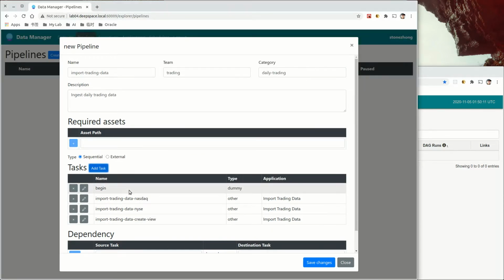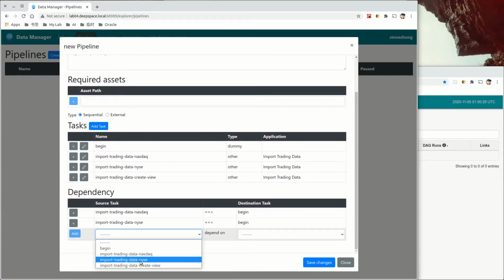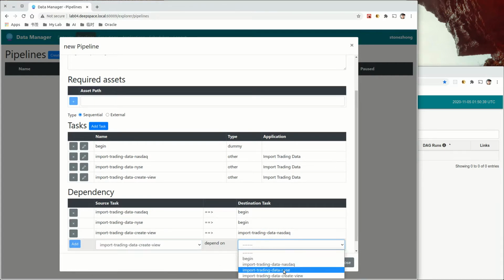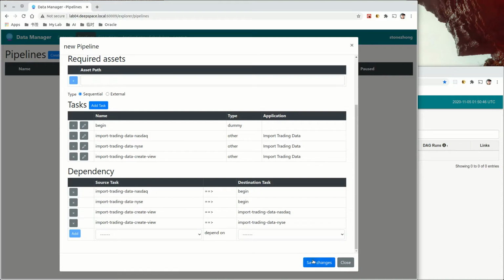Now because we have 4 tasks, let's set the dependencies. Import Trading Data NASDAQ needs to run after Begin. Import Trading Data New York Stock Exchange needs to run after Begin. Import Trading Data Create View needs to run after Import Trading Data NASDAQ. Import Trading Data Create View needs to run after Import Trading Data New York Stock Exchange. Now we've set the dependencies. Let's save this